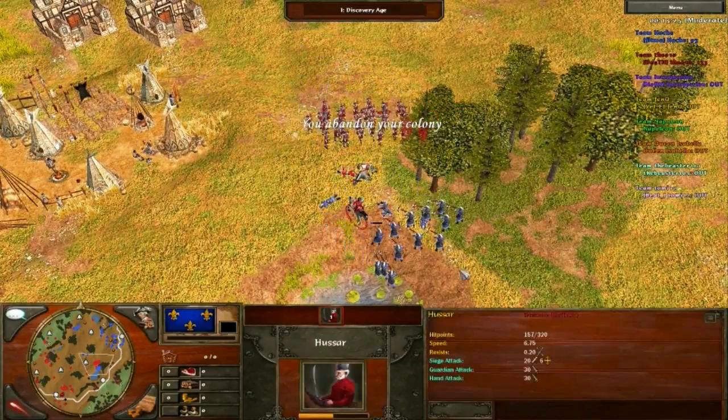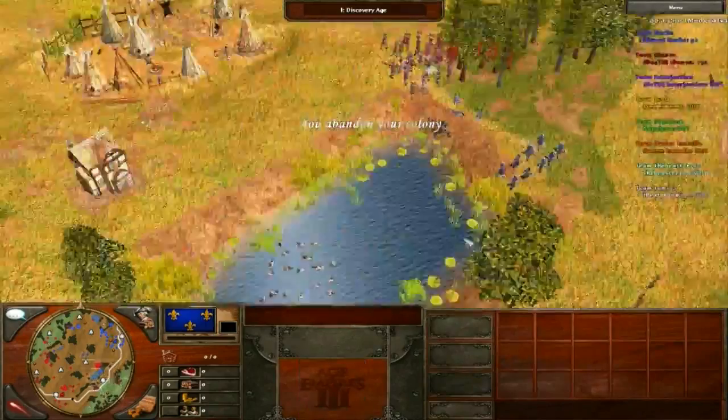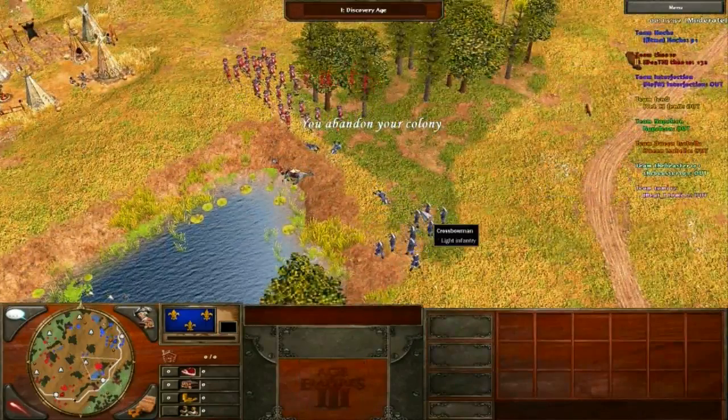Obviously, this hussar's slowing him down. Once that's dead, he'll move back further. Now that's gone, he won't engage, he'll run. The outcome of that fight, though,